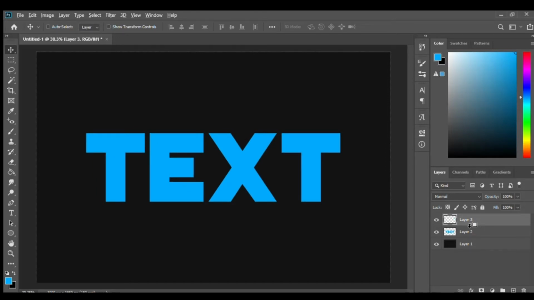Wait, I think I'm gonna choose orange. Yeah, I'll just choose orange like this. I forgot. Yeah, you put it like this, and then you Control-click on a layer, and Control E,